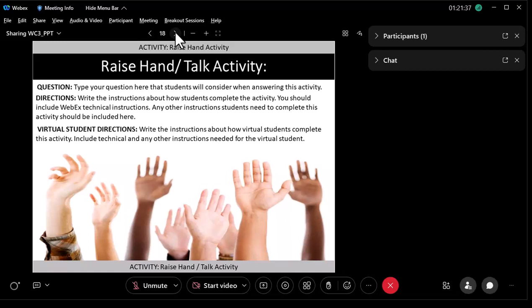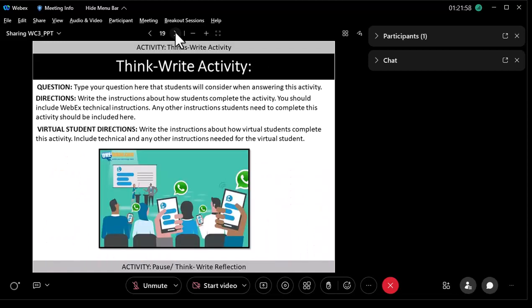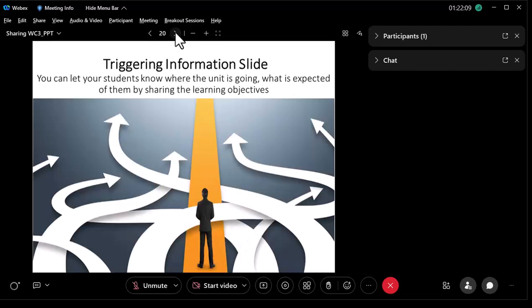So ways to do that, they could raise their hand and talk. Now, one of the things I'm going to caution you about is, because your session needs to be relatively short, you are going to have to manage them so that they don't talk too much. So they have to be very short and very succinct. So you may want to think about whether you want to use raise hand and talk. Maybe you want to have them do a think and write activity. Again, because your session is so short, it's going to have to be a very short activity. So give them 15 seconds perhaps to write it down.